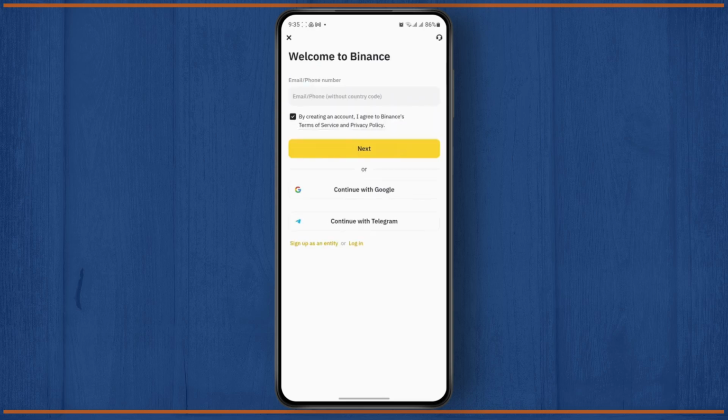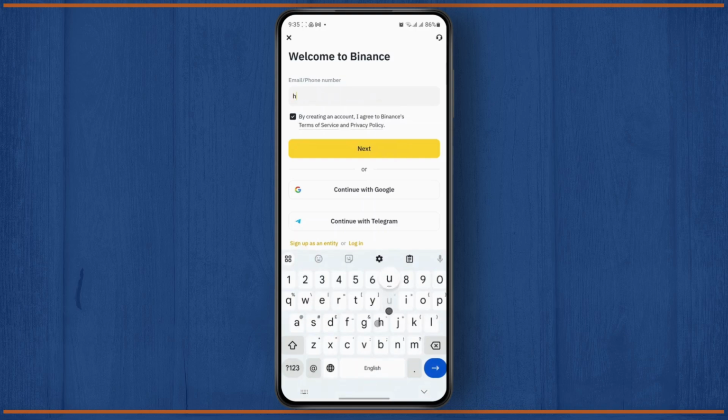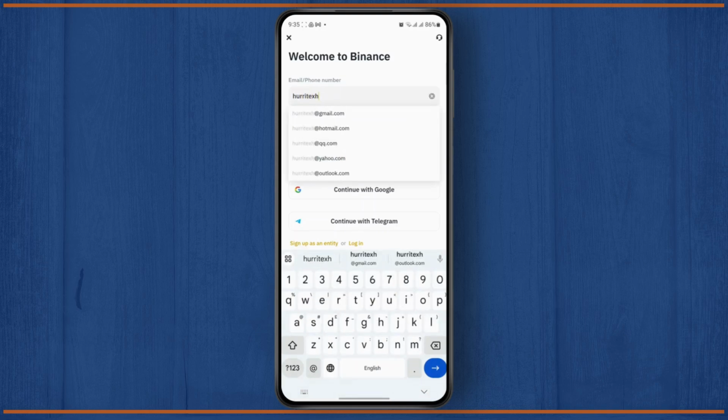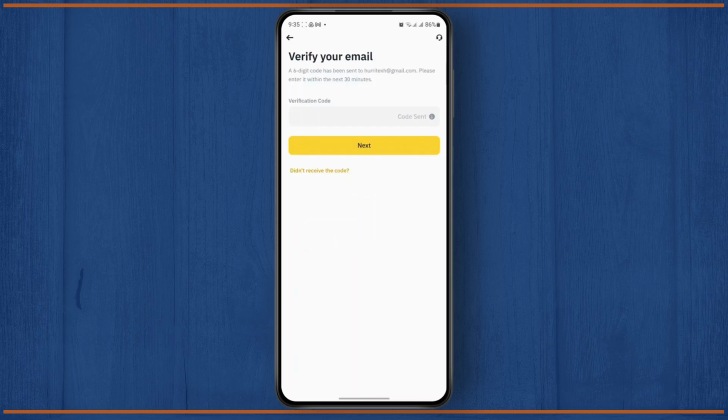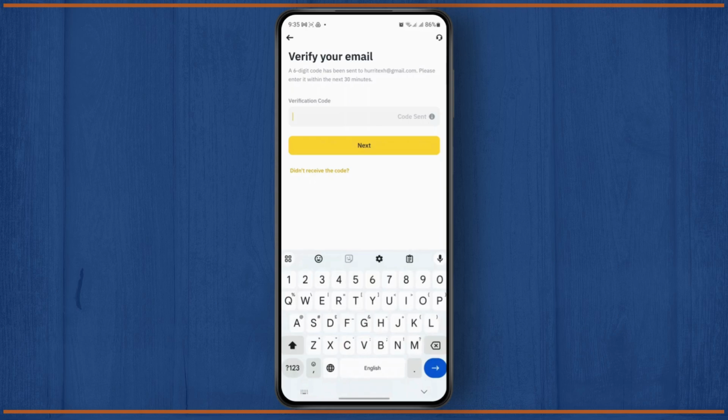And first thing you need to do is provide your email address or phone number. So just go ahead and tap on your email address and then tap on next. Now you will be asked to verify your email, so go ahead and confirm your verification and enter your code. So I'm just going to enter my code right here. And once you enter the code like this, all you have to do now is just tap on next,